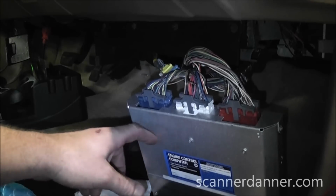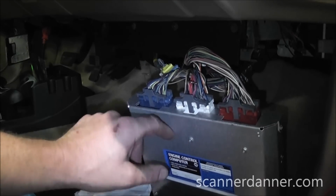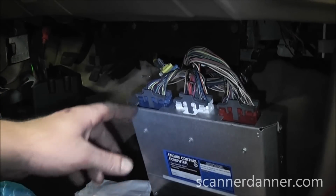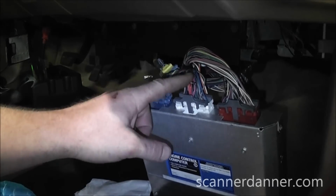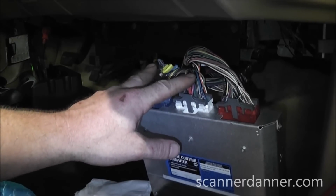So what we have inside of this board is somewhere between the 5-volt regulator and these two circuits that come out, we have an open in this board. And you know what I can do for the rest of this video, because I don't have another computer right now, is I'm going to jump this 5-volt reference over here, which is good, to this 5-volt reference over here, which is bad, and shoot the rest of the video to show you what this EVP signal looks like